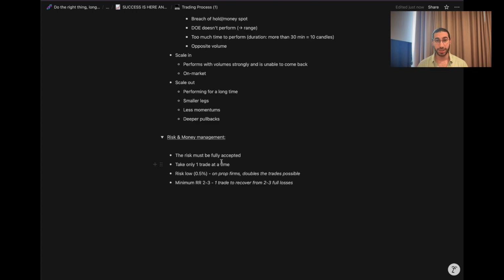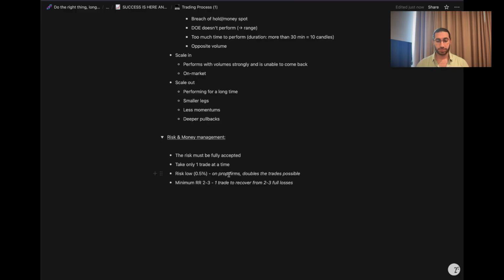Take only one trade at a time. That's, of course, when you're beginning. The problem with taking multiple trades is you have two issues that you need to be able to deal with. You have a problem of management because you need to manage all these trades that you're taking, and if it's only one, you can manage it easily. And the risk you're taking is going to be doubled if you take two trades, and tripled if you take three trades. Or if you are able to manage the trades, but you want to take the same risk as one trade, you just don't put all your eggs in the same basket. You just split the risk across all the trades that you're taking. Okay?